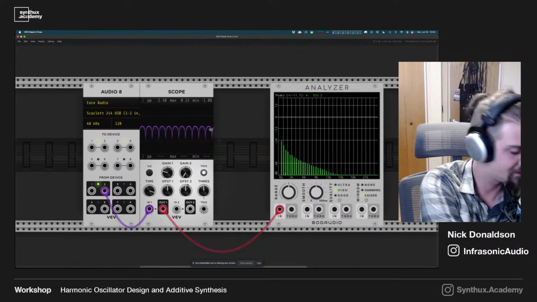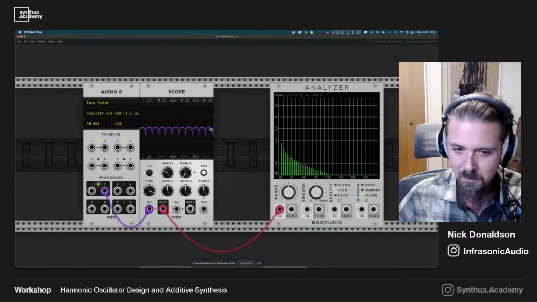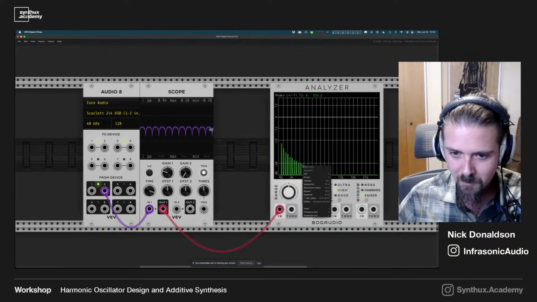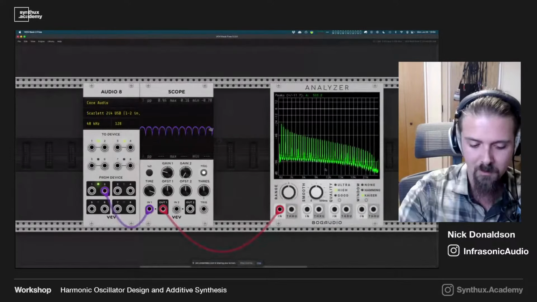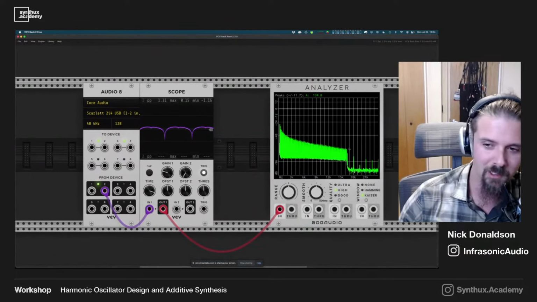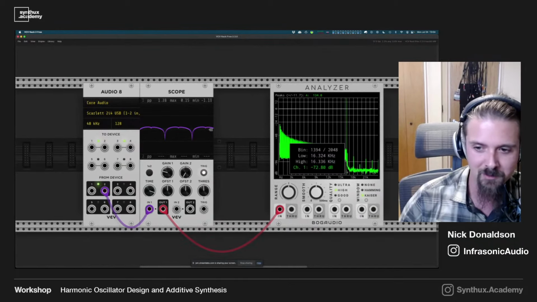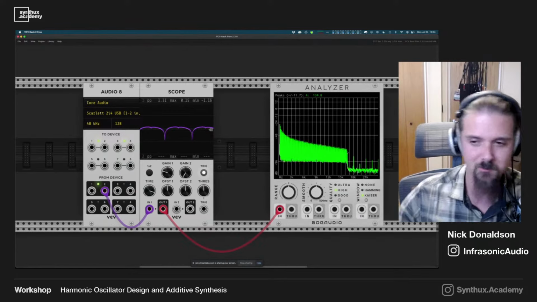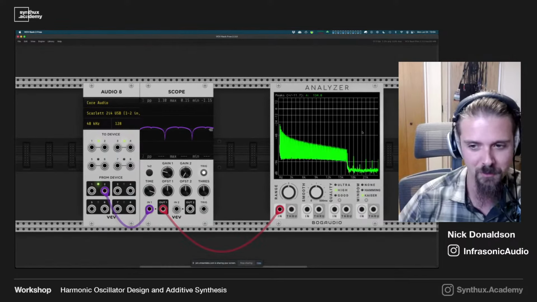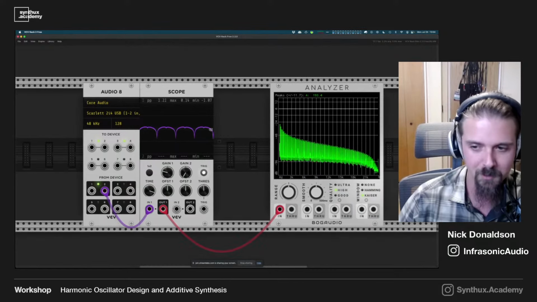I don't know if I can visualize this without applying a lot of gain. Let's do that. There we go. You can see right here, that's 128 harmonics from a lower pitch. It stops around 16K or so, because that's just where the 128th harmonic happens to land. As we go up, you can see it's getting closer and closer to the Nyquist limit, which in this case is 24 kilohertz,